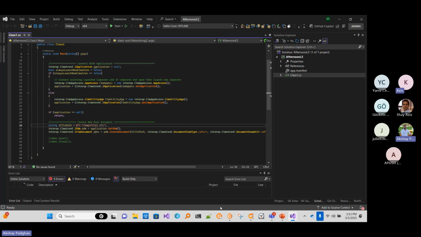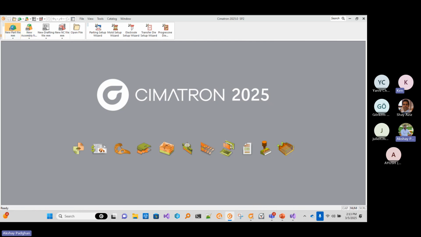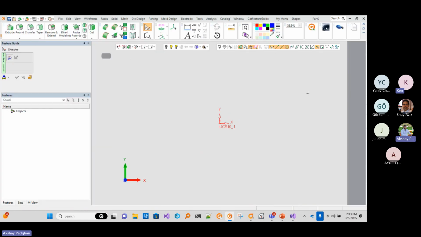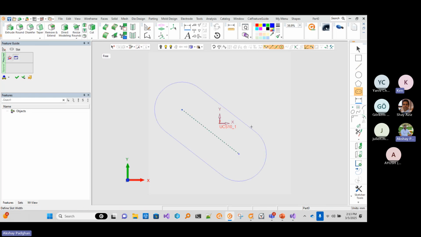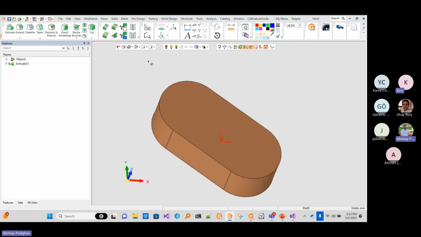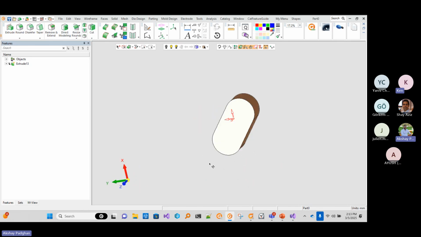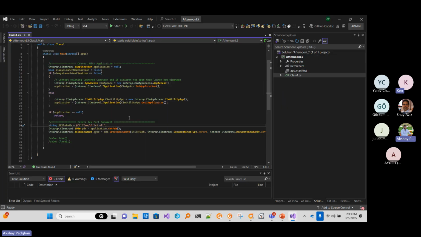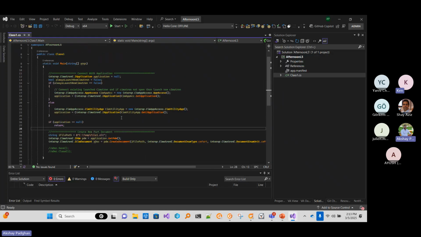Okay, so we have this Symmetron. Let's create something. Maybe I can create a slot, then extrude. Okay, so we have this geometry and we have to access the geometrical data of this body: faces, edges, start point, end point, everything. So first thing is we have to